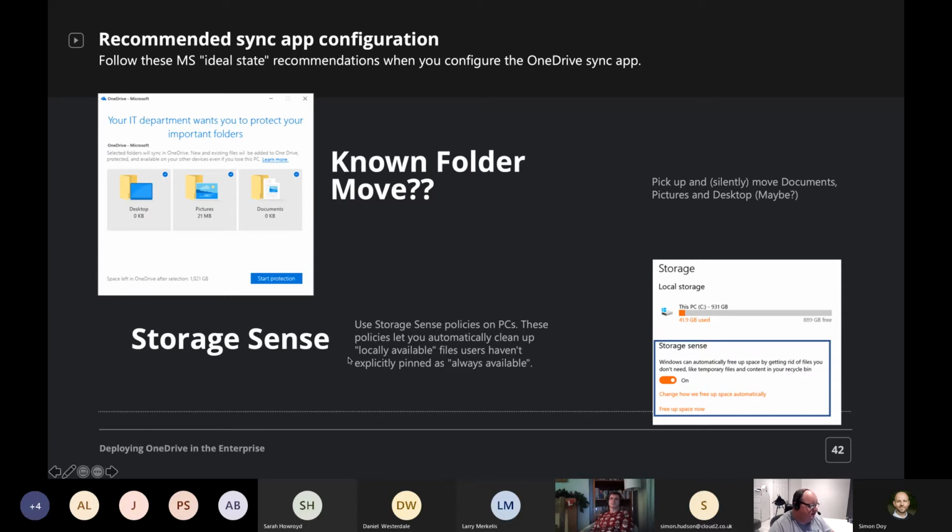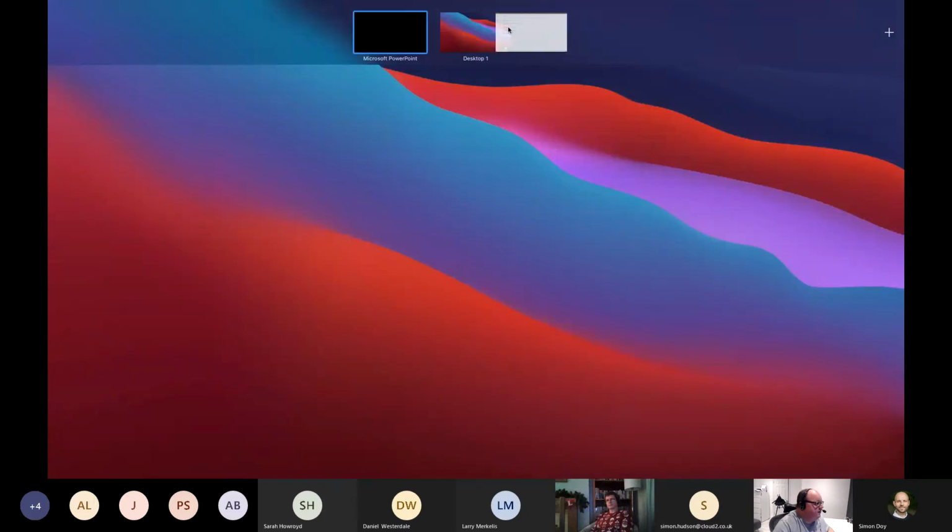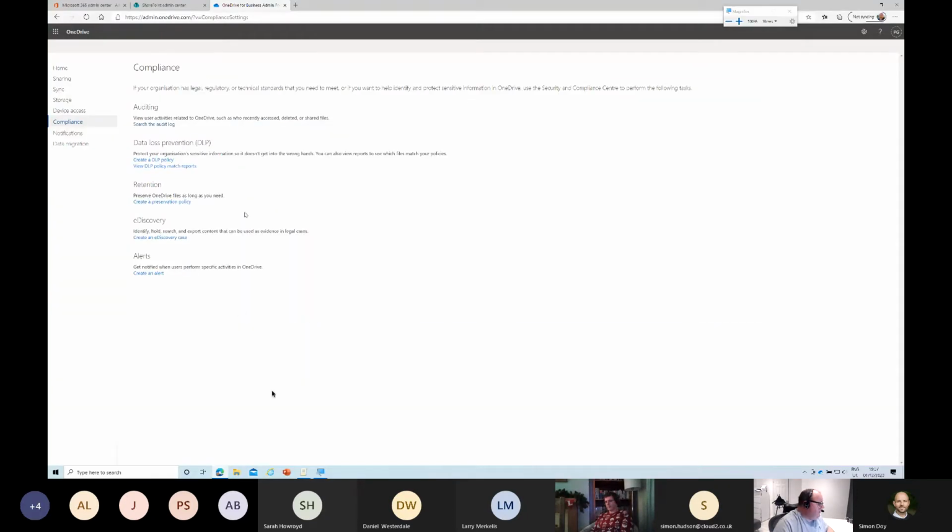Now, Storage Sense is very useful. The next thing, which essentially lets you automatically clean up locally available files on Windows 10. So you can switch this on, and you can essentially free up space. But not only that, if I just flick over to my screen, I've gone the wrong way again, let me move this around. If I just pull up Storage Sense in here,